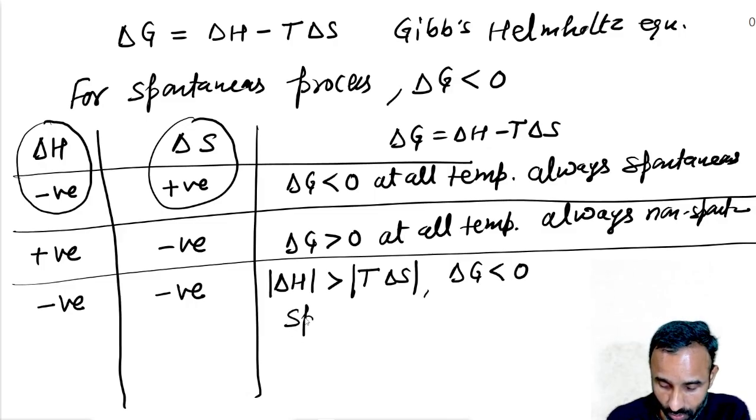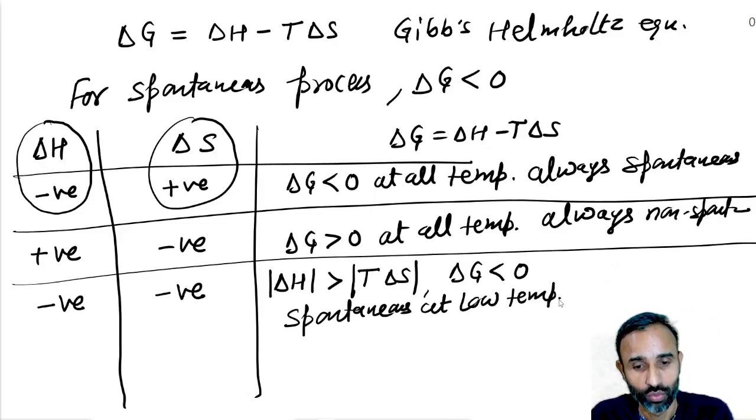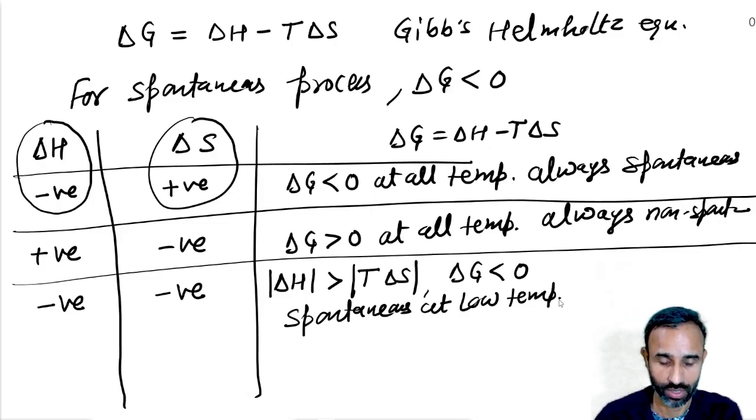So such a process is spontaneous at low temperature. That means exothermic reactions are spontaneous at low temperature, or we can say low temperature favors